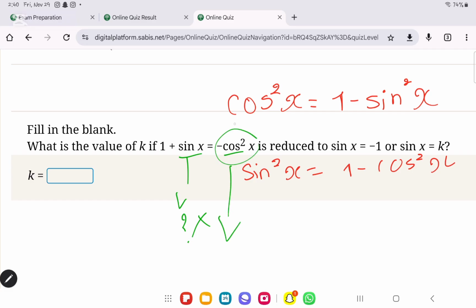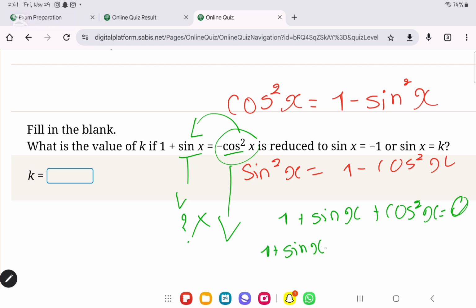So before changing it, let's move it to the other side. It's going to be 1 plus sine x plus cosine squared x is equal to 0. Now change cosine squared x into 1 minus sine squared x. So 1 plus sine x plus 1 minus sine squared x. And then you have to rearrange it into order. It's going to become minus sine squared x, okay, plus